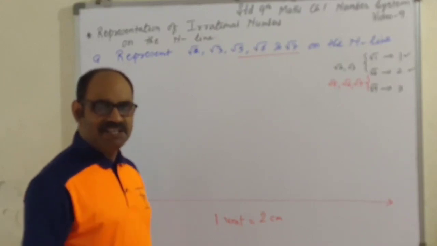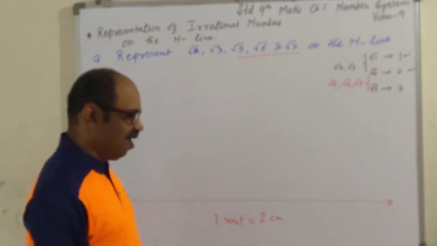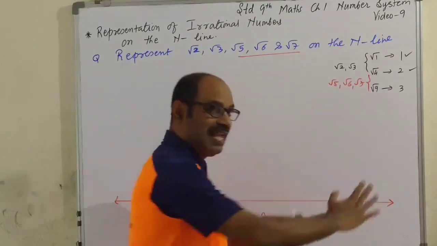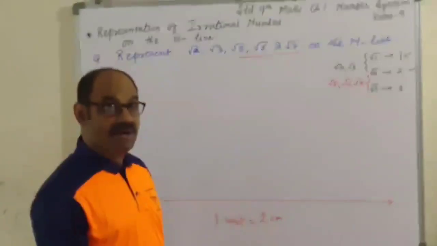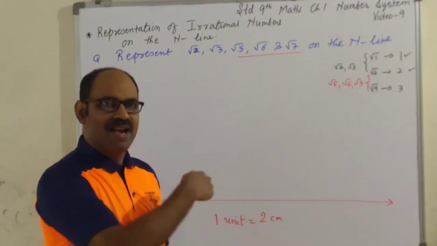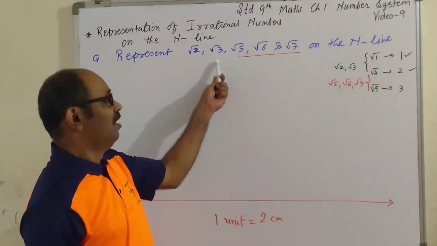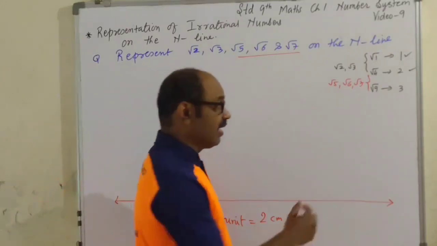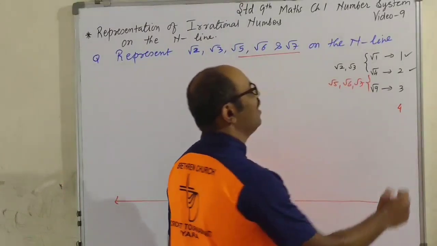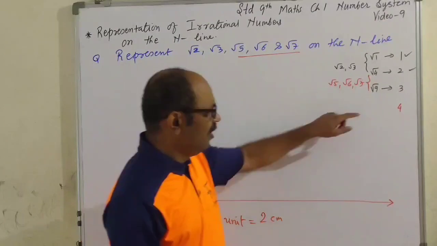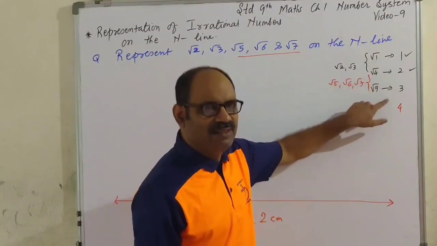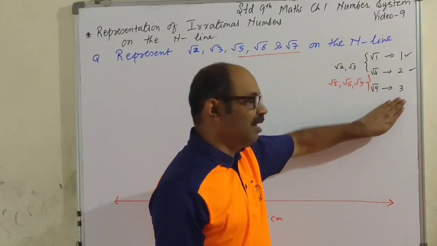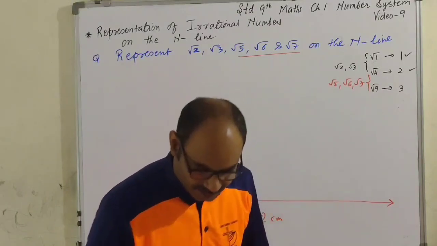Why are we doing all these calculations? Because those numbers should be at the end of the line. You will realize when I finish this representation. Alright? One extra should be there. Yes, it is between 2 and 3, so no problem. There is no number after 3, so even if we do not take 4, there is no problem.